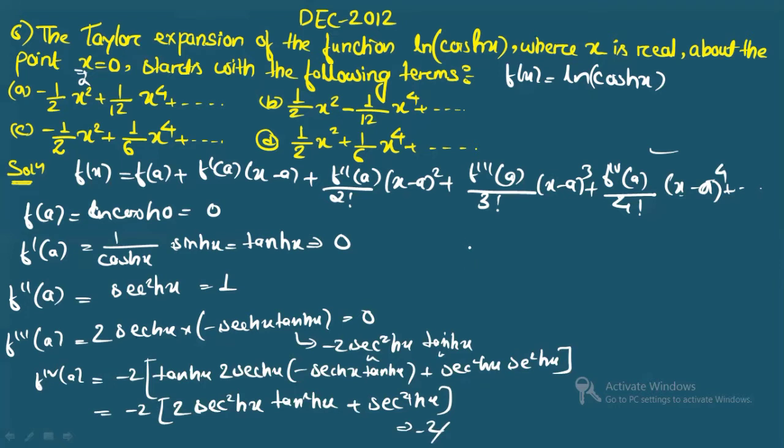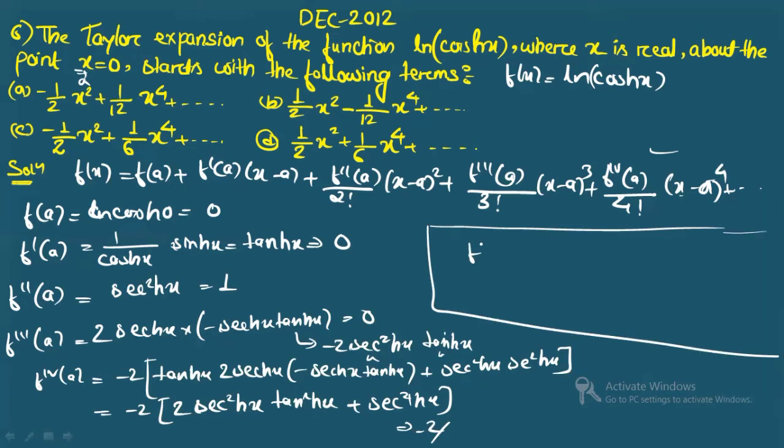So now when you write the function, I'm writing here, in one side only. You can write the Taylor series expansion; this is 0, this is also 0, right? This is 0, this is 0. F double prime a is 1. So this will give you 1 by factorial 2, that is 2. This is x minus a, that is only x square, all right? F triple prime is again 0, and f4 is minus 2. So I'm writing minus 2 by factorial 4, that is 2, 3, 4, and this is x to the power 4.